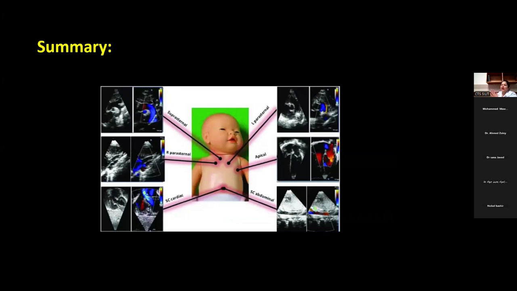So in summary, imaging the patient for the diagnosis should be comprehensive and should include everything from the surgeon's point of view, from the patient physician's point of view, and from the post-operative management point of view. And if we make it complete, we can save our patients, and we can make the outcomes of our patients better. Thank you so much.